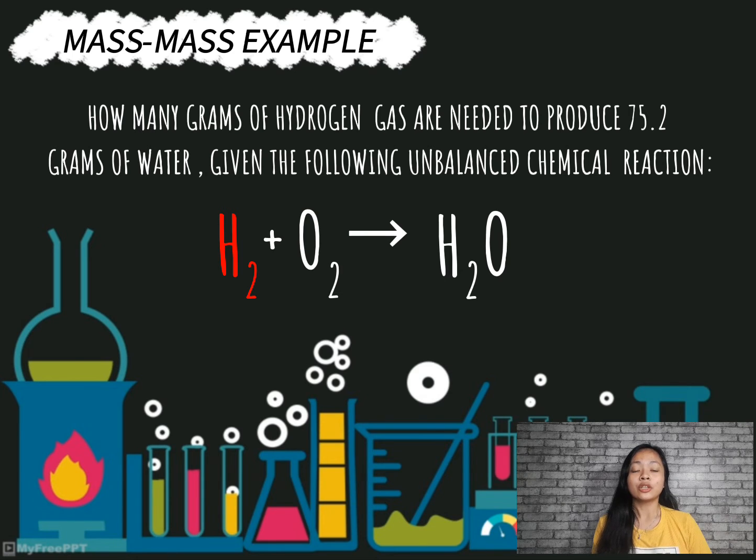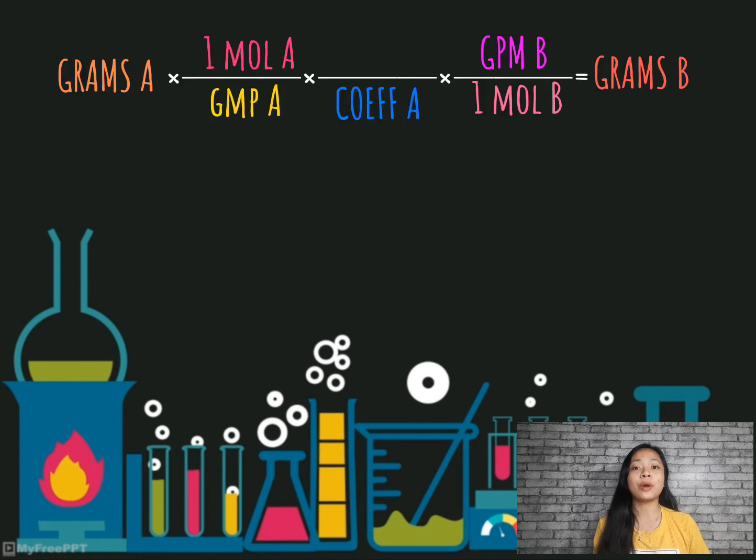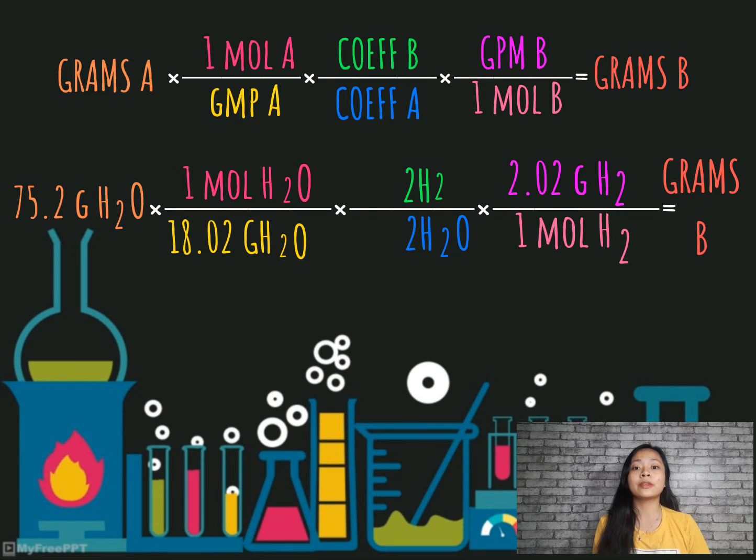So, that will be 2H2 plus O2 is equal to 2H2O. So, let's substitute one by one. Let's start with grams A. Grams A is the given. So, we have 75.2 grams or 75.2 g H2O. Multiply that by 1 mole A, that will be 1 mole H2O. Next is GPMA or grams per mole. So, we're going to get the molar mass of H2O. That will be